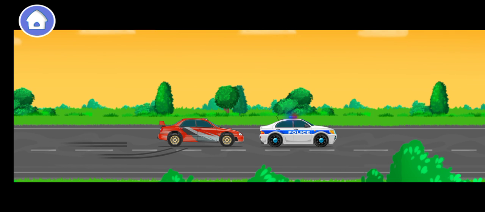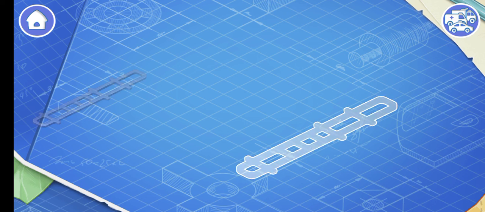Ready. Let's learn the construction of a fire truck and assemble it. First, let's install